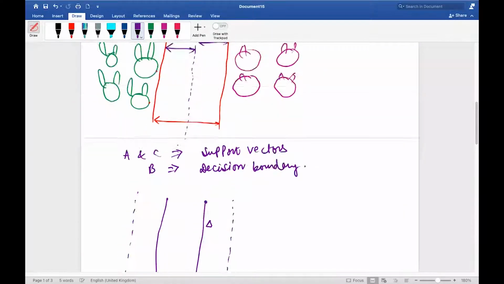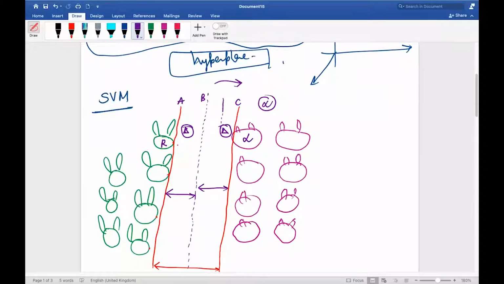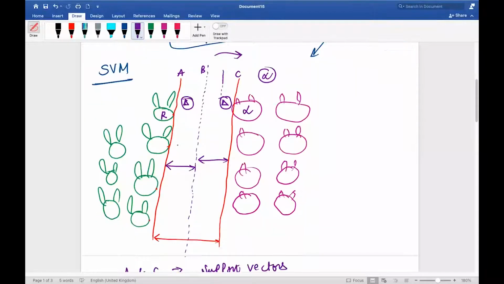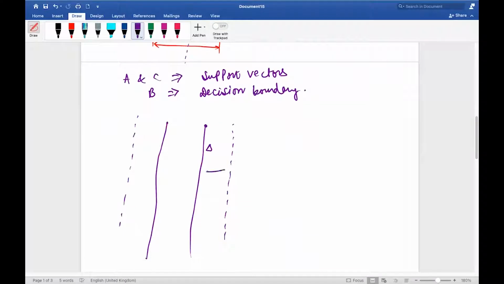Let's say you will say that only a rabbit came or only a lion came, right? So at least one support vector will shift closer. Yes, no? Even if it was not shifting, the margin has changed in a way. Earlier the margin was this, and if two shifted, then it will become very small.